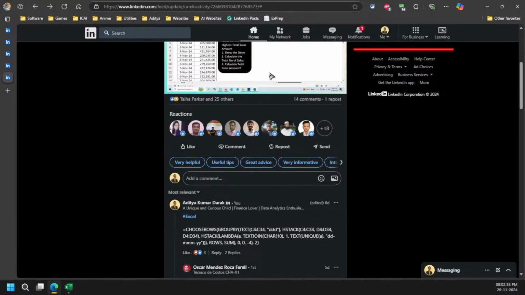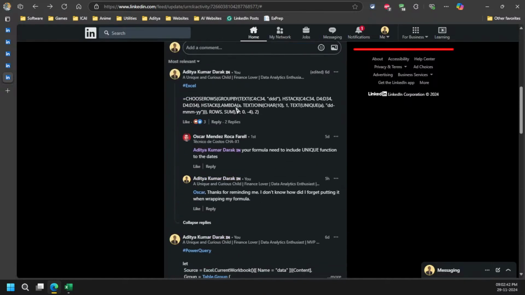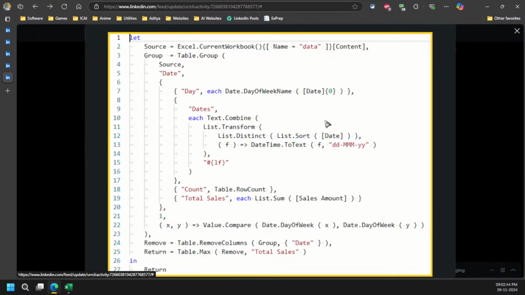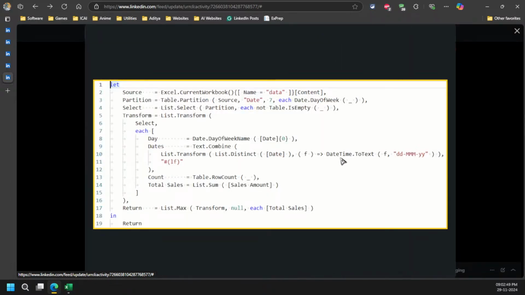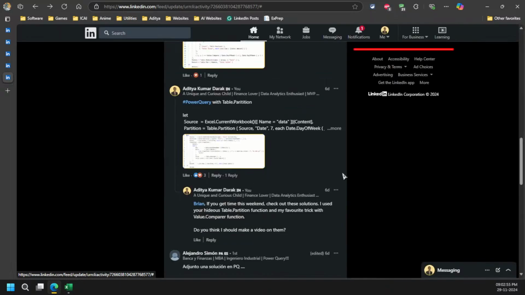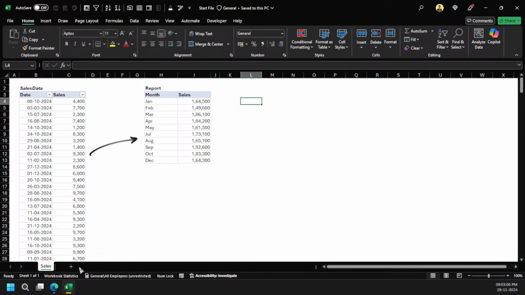A few days back there was another challenge where I used the Value.Comparer function, and similarly here I used the Table.Partition function. I will share a few tricks of that function as well. So time to time I have been utilizing this function a lot. So when to use it and when not to? I am going with one of the examples.